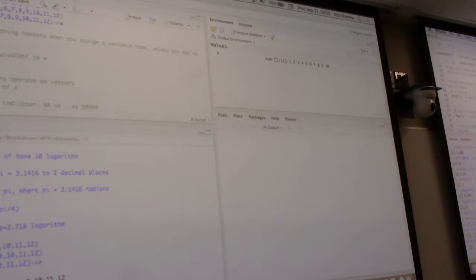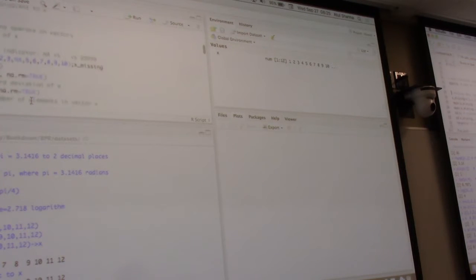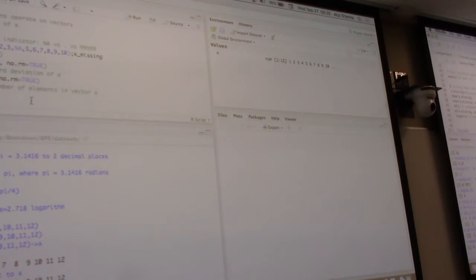Once you have a column of numbers, most functions will operate on a column. So for instance, the mean function will take the mean of that column, which in this case is 6.5. Now, whichever system you're using, it's important that you know how that system keeps track of missing data. In Stata and SAS, a period is used for missing data. In R, we use NA, which is not available. In Excel, it's kind of free verse, and we'll use 9999 or period or whatever symbol you choose,